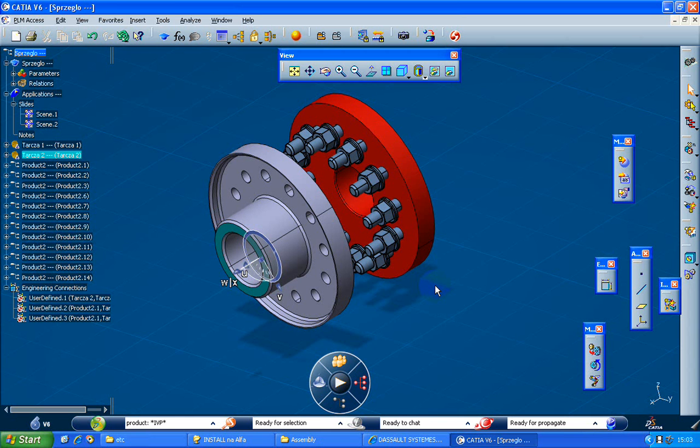Can I use this 3D XML in V5? You can, but when you import them to V6, they will appear as standard V5 parts. It means you will not have the history tree, and you won't be able to edit them. In this case,